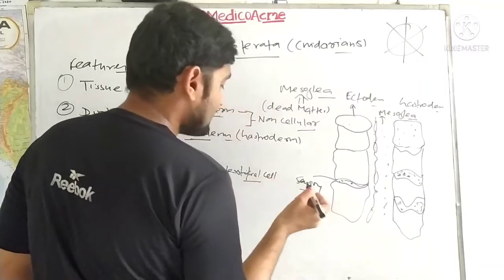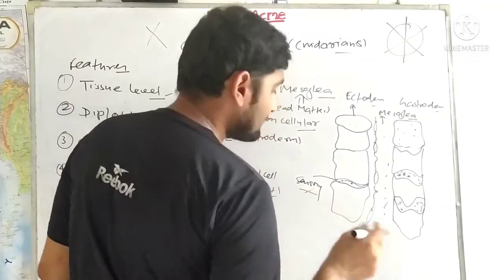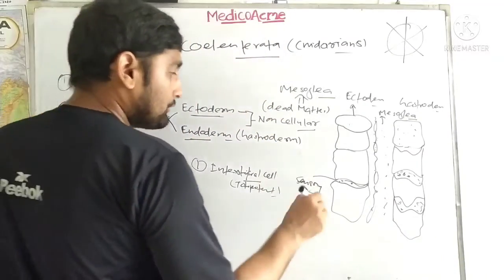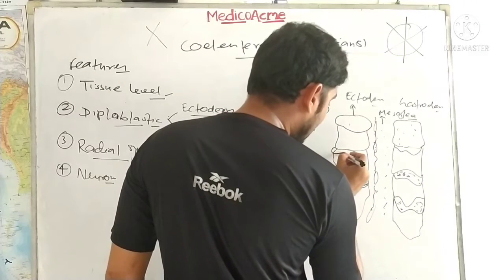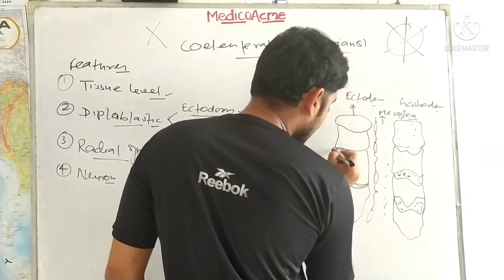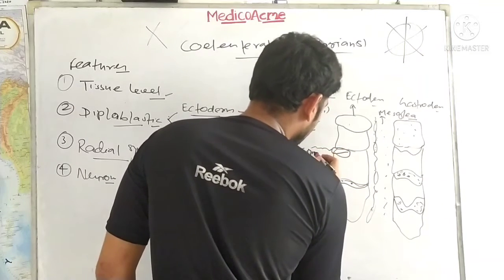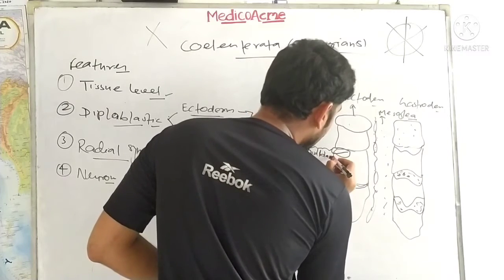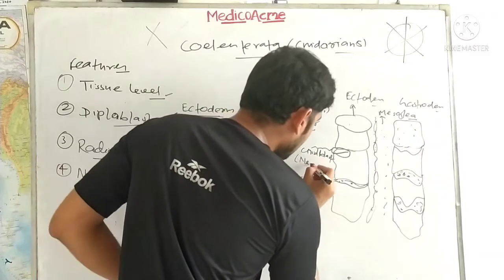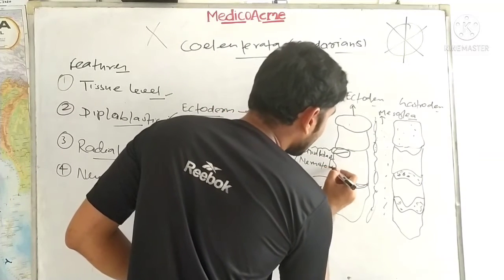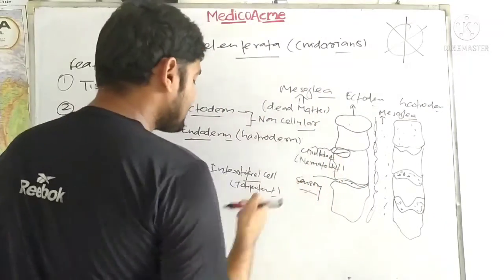Now, interstitial cells are actually the totipotent cells. Totipotent cells can give rise to any kind of cell. So these totipotent cells become very important when they give rise to the cnidoblast, or you can say the nematoblast, which is the characteristic feature of the organism, only found in these organisms.